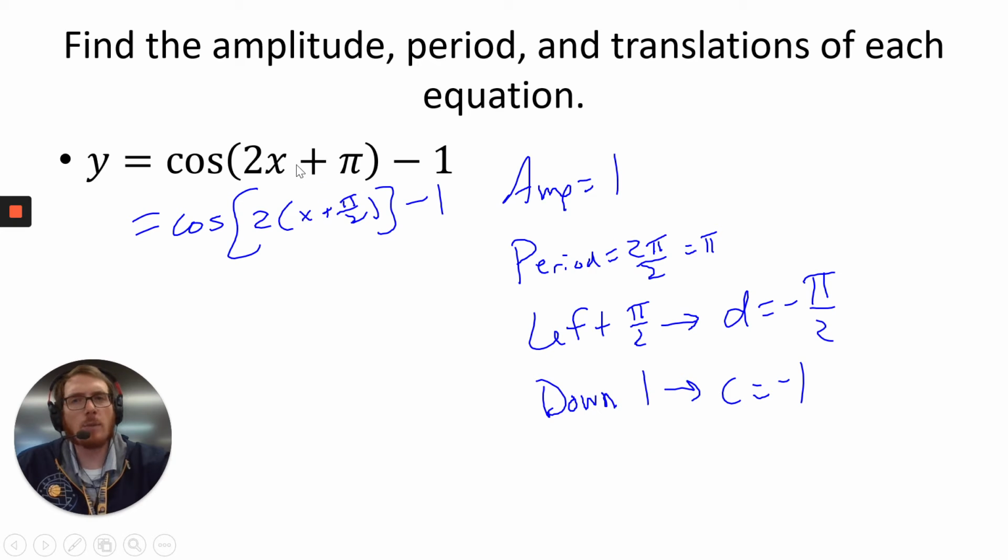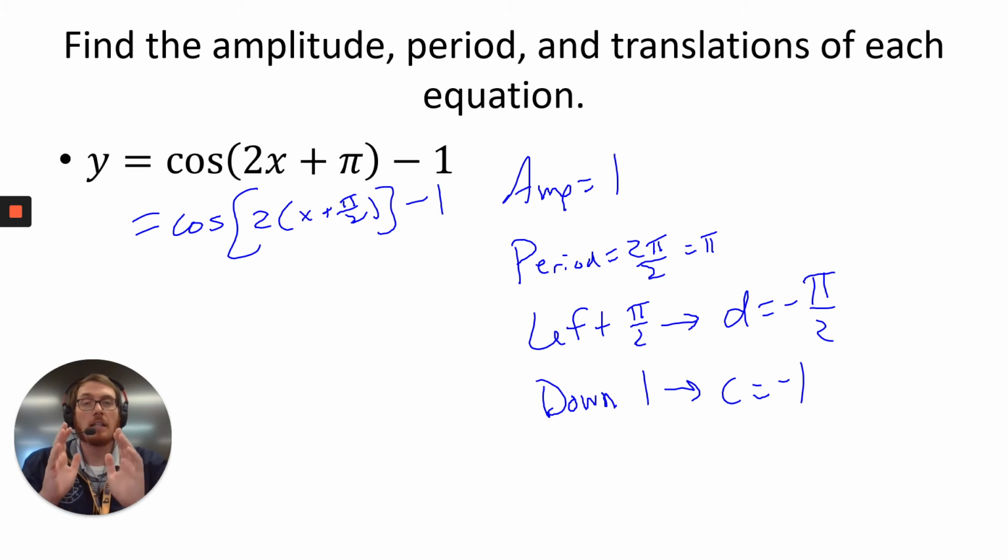The part that's missed is you have to factor this inside portion. So you'll notice I took a 2 out of both of these pieces, take 2 out of x and 2 out of pi. And essentially what that does is divide everything. So the 2 is out front, parenthesis x plus, and then take pi divided by 2. So the phase shift is not moving to the left pi, it's actually moving to the left pi over 2